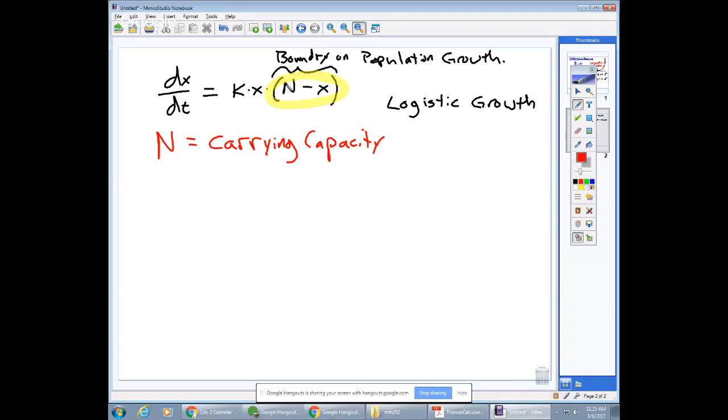Given some kind of guess on that, as X gets closer and closer to that, this multiple right here gets smaller and smaller until, what happens when X reaches the carrying capacity? I get N minus N, which is 0, which means no growth. If X happens to exceed the maximum population, then this becomes a negative number, which means we have a